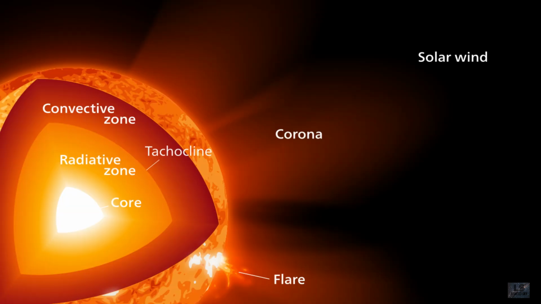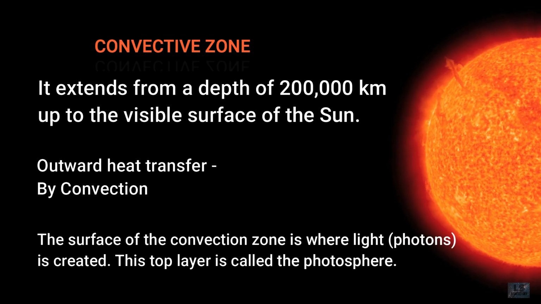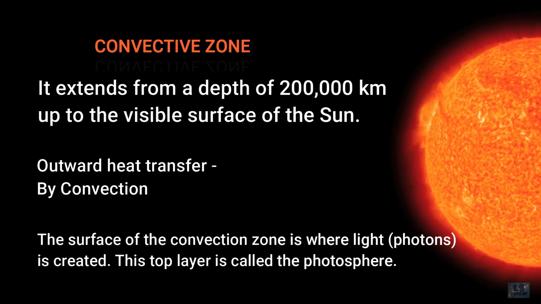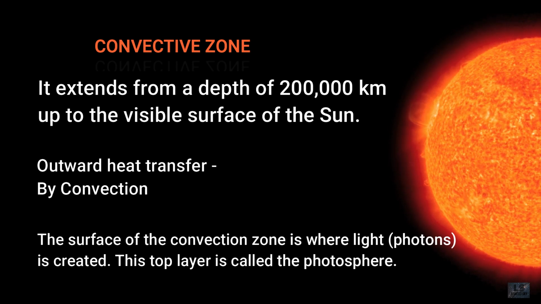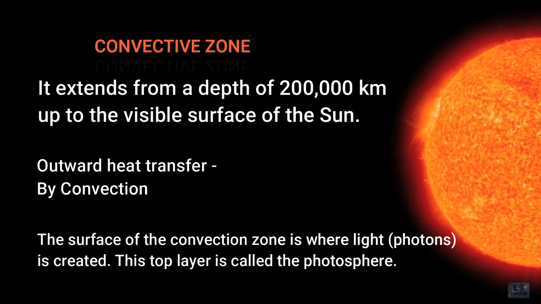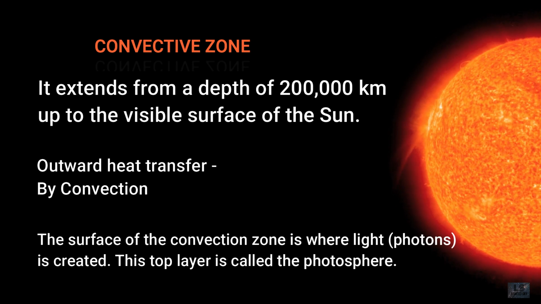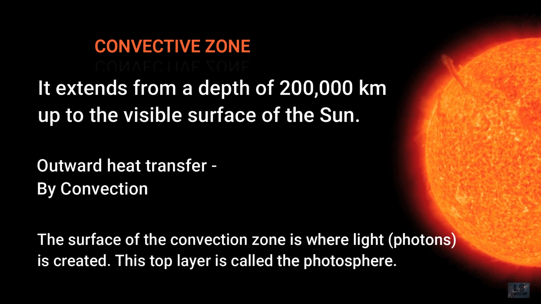Convective zone. Between about 70% of the sun's radius and a point close to the visible surface, the sun is cool and diffuse enough for convection to occur, and this becomes the primary means of outward heat transfer. The solar plasma is not dense enough or hot enough to transfer the heat energy of the interior outward via radiation. Instead, the density of the plasma is low enough to allow convective currents to develop and move the sun's energy outward towards its surface.